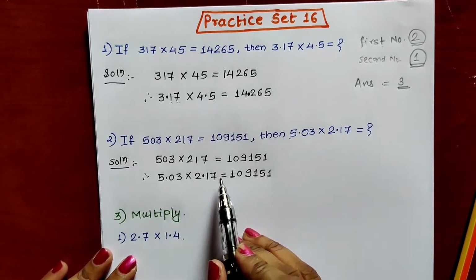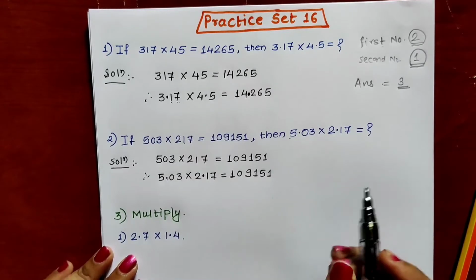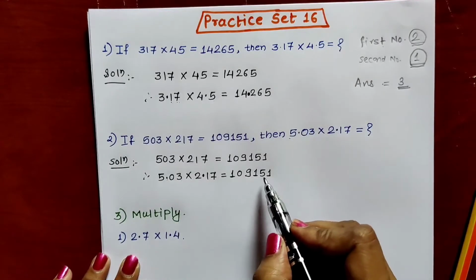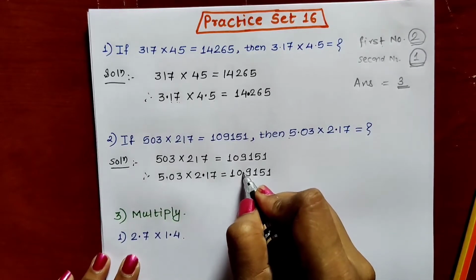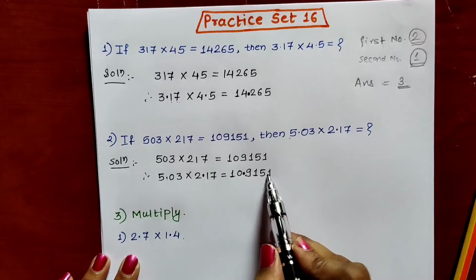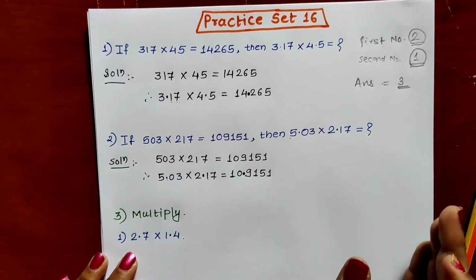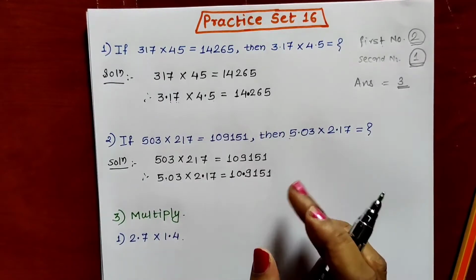2 plus 2 is 4. So in answer there should be 2 digits after decimal point on the right hand side. Sorry, 2 plus 2 there is 4. So in answer there should be 4 digits on the right hand side of the decimal point. Here we can put the decimal point, and now we are having 1, 2, 3, 4, 4 digits after decimal point on the right hand side. In this way you have to write the answer. Very easy sums. Both sums are very easy.